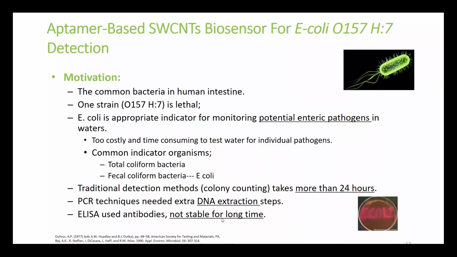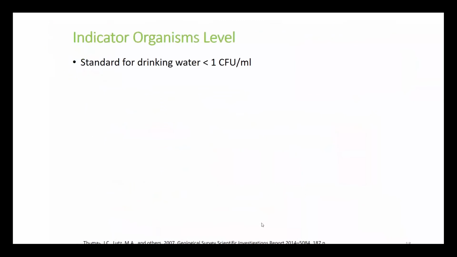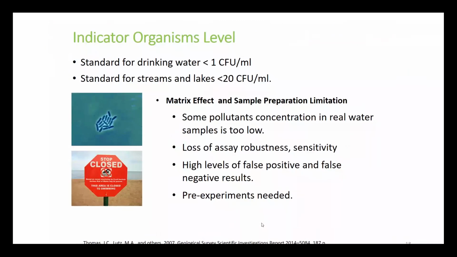Also, there are ELISA systems, enzyme-linked immunoassay systems. They use antibodies like us. They are not stable for a long time, and they need laboratory equipment again for the ELISA system, and they should keep the system at 4 degrees. For the indicator organism and for the pathogenic bacteria, we can say that even one single bacterium